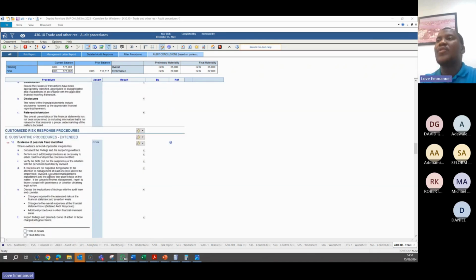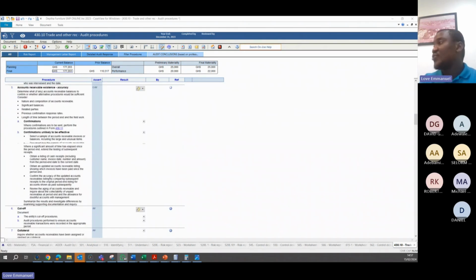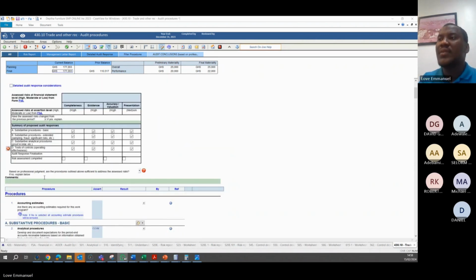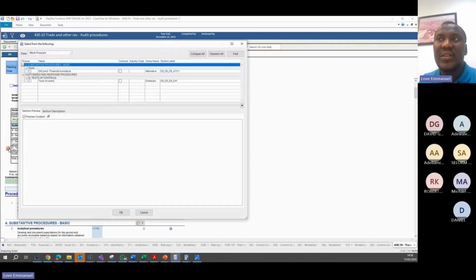Okay, that's fine. So the same thing, I scroll up now. The same thing I can also do for test of control. Now that you have done your test of control before, you then know the test of control you want to perform or that you have performed. You can then link into your work program that you have done this particular test of control, but Caseware does not know the test of control you want to perform. Also, you come here, add it up here, click on this, and say test of control to add it in,